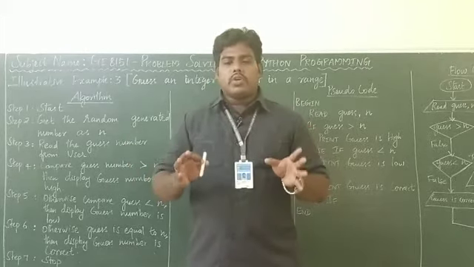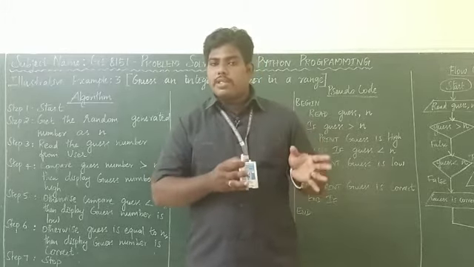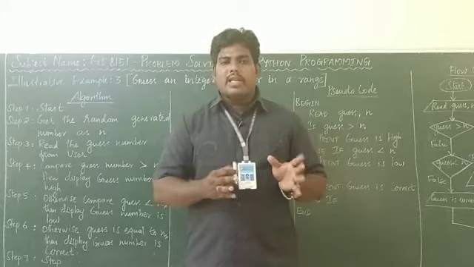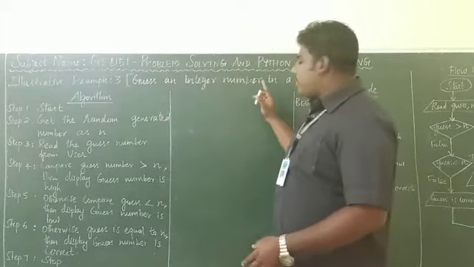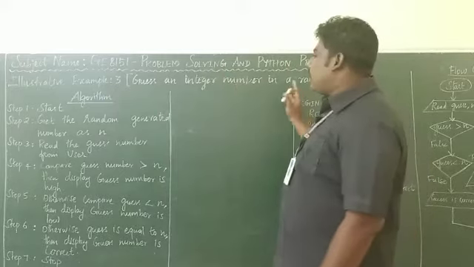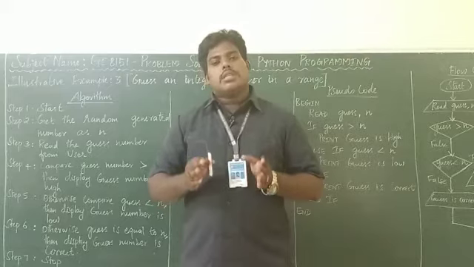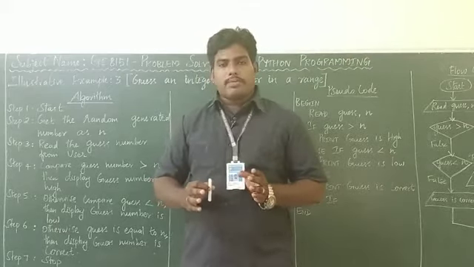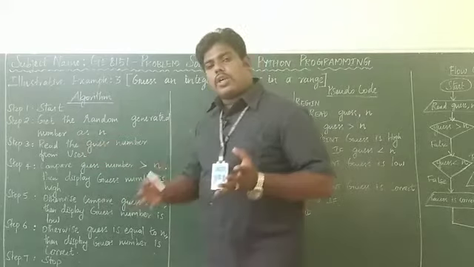Like your childhood game, you guess one number, then the computer will randomly select one number, they will be compared and it will give the answer. So, guess one integer number in the range. For that we are going to see the algorithm, pseudocode and the flowchart. So first, the algorithm. As per the algorithm rule,